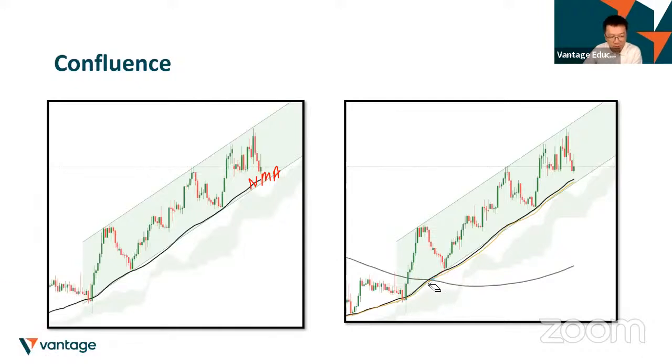Have an easier look. That's a crossover. So in this case, not just price resisting the natural moving average or being supported by the natural moving average, but price being supported by the channel, price being supported by the Ichimoku cloud towards the upside, price also reacting to a crossover, the golden crossover by the 50 and the